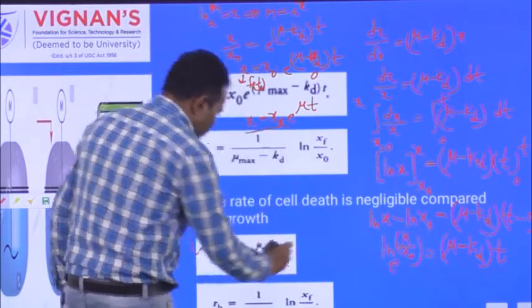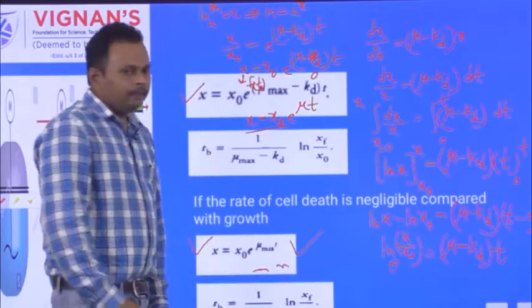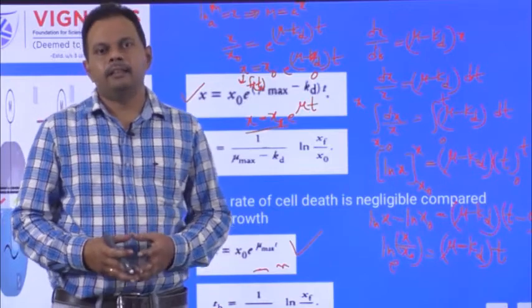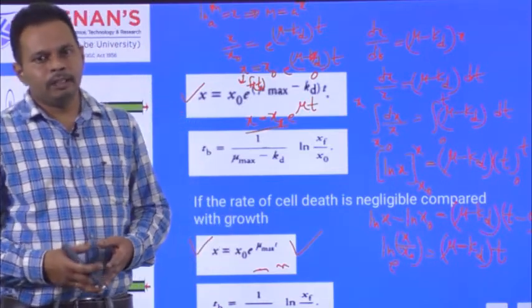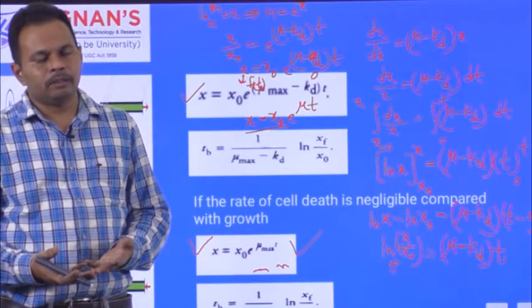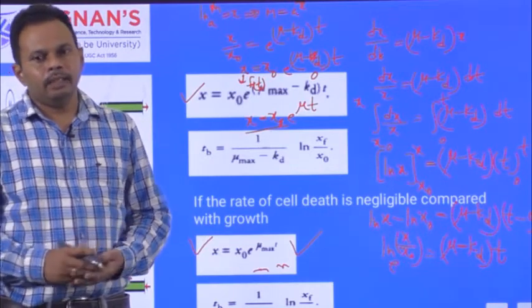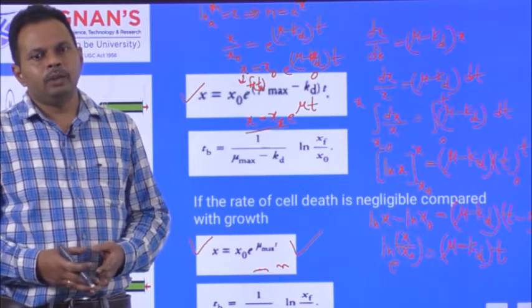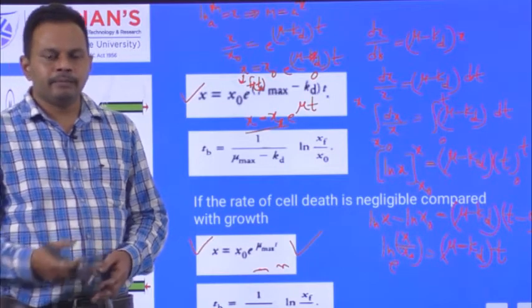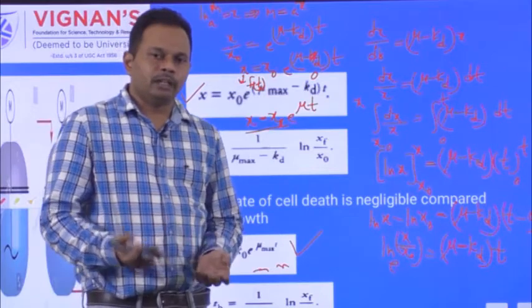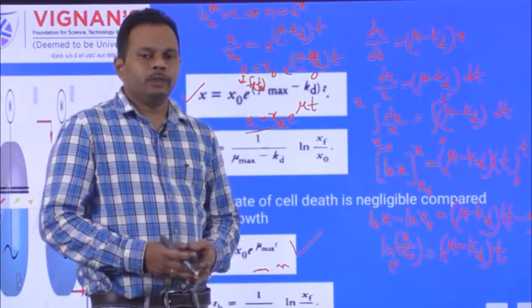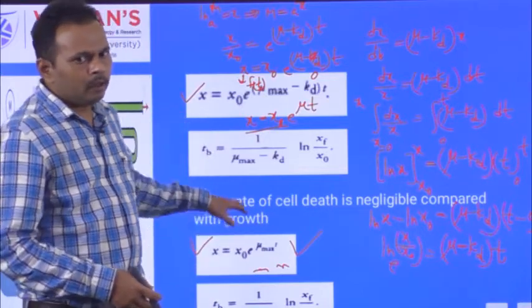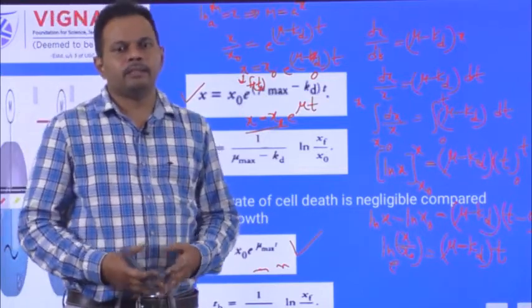Here this is the equation. All these equations say that if you know the inoculum concentration, the final cell concentration, and the mu value, or sometimes the kd value, then you can find out the batch time required, or at any intermediate time, to obtain the final concentration. Or, if you know the time, the inoculum concentration, and the mu and kd values, you can find out the xf value. So among these four quantities, if you know some of them, you can find out the other one.